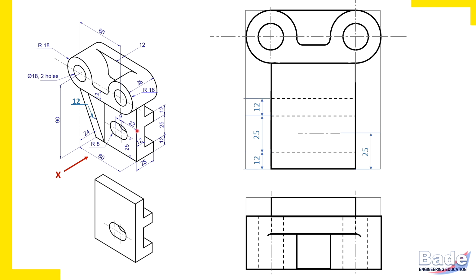Now watch this dimension, 22 millimeters parallel to length. So measure 22 millimeters parallel to length and draw the first center line here, which is vertical center line. And then at distance 9 millimeter, watch here, 9 millimeter, to be measured parallel to length again, one more center line. So this is how we have drawn those 2 center lines which we can see here